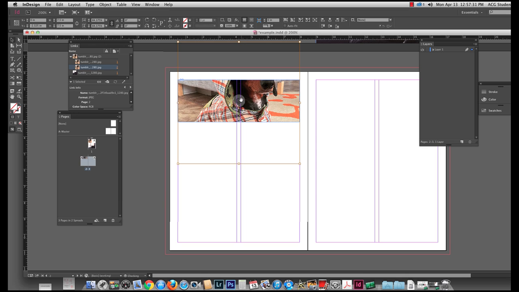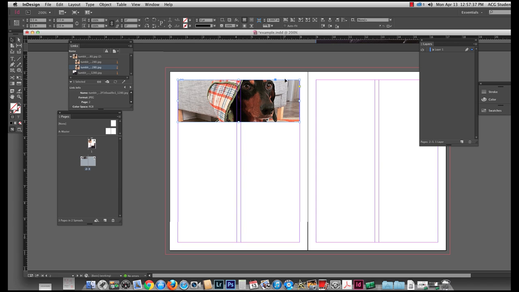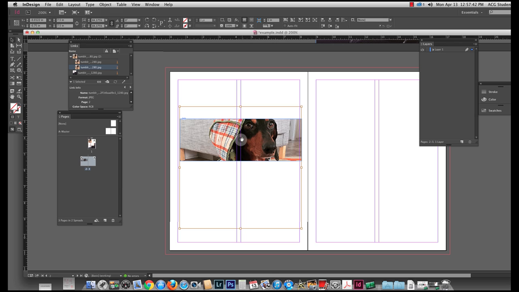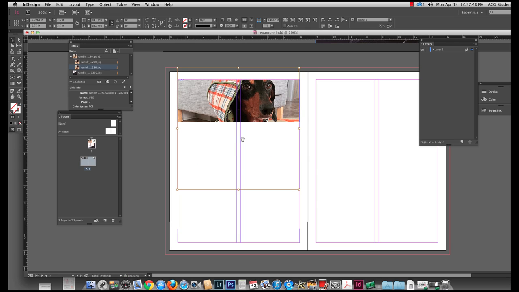We can, however, grab that content donut and change that around. If we want to move the frame around, we grab the blue box. That moves the frame. The content donut moves the content. Now, let's go back to that. We can also fit content proportionally,